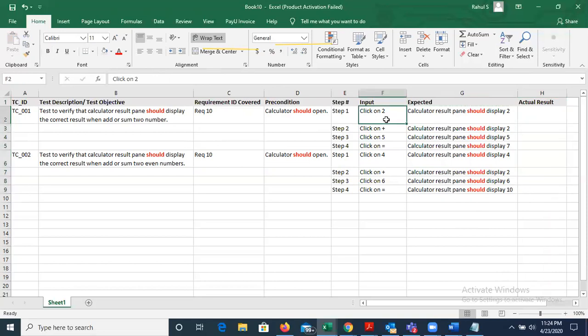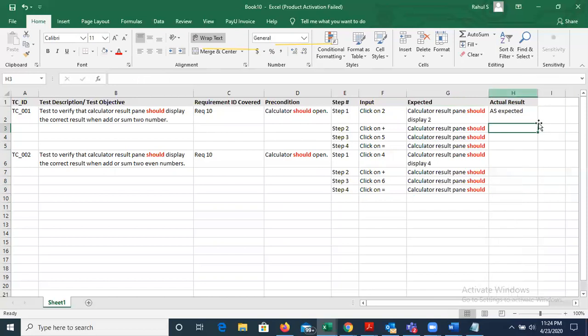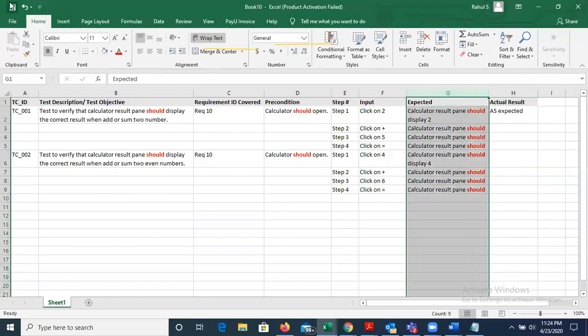When I perform these activities on the calculator, what my calculator is showing at runtime is called the actual result. If that actual result is equal to the expected result, then we simply write as expected. And if there is some mismatch, where the actual is not meeting the expected result, let me do some.